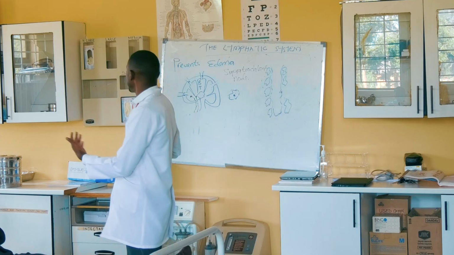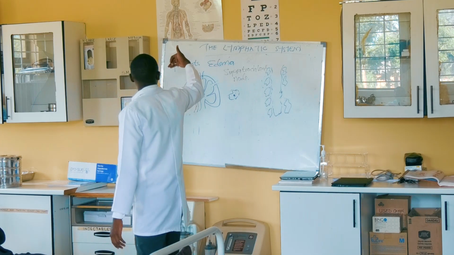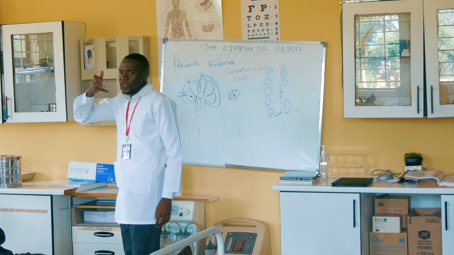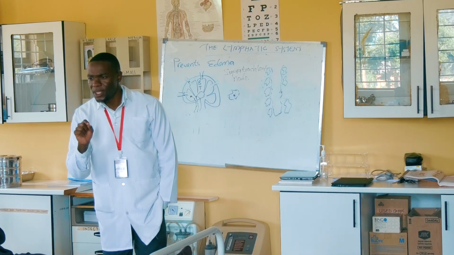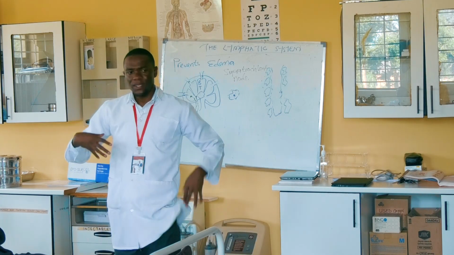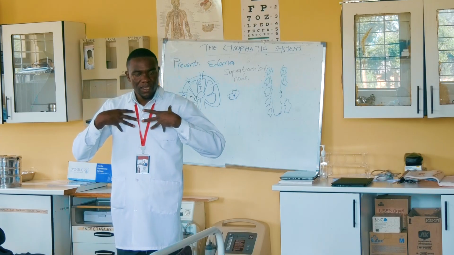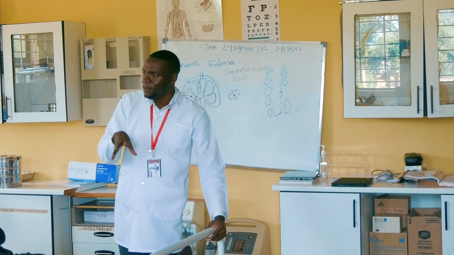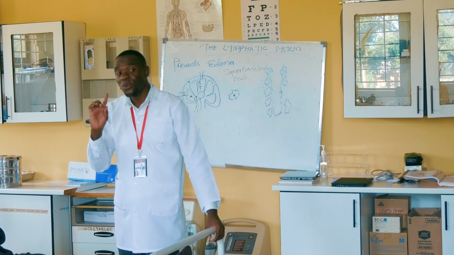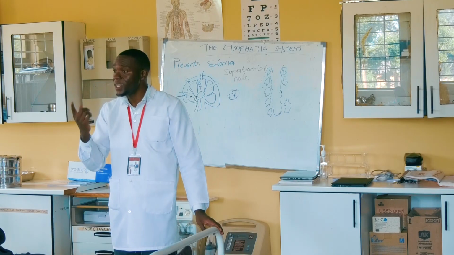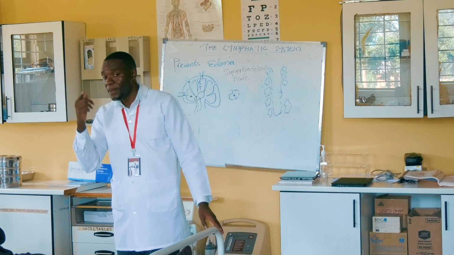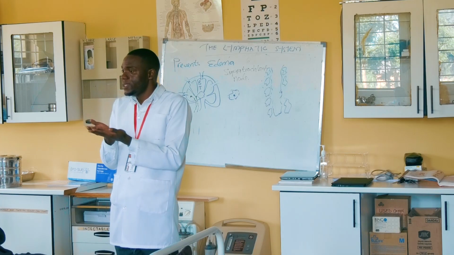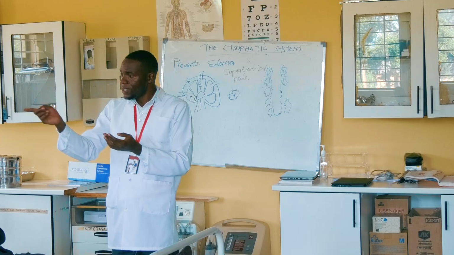Now, there are other organs that are within the system, okay? So, for example, we can talk about the thymus, right? Have you ever heard of the thymus? The thymus is found in the thoracic cage, nearer to the heart. And the thymus, during early life, it is big, so that it can continue producing the B lymphocytes and the T lymphocytes, which are part and parcel of the immune system. When you start aging, at your age, right now, at your age,